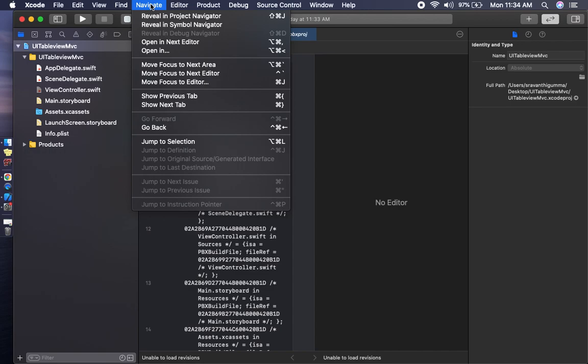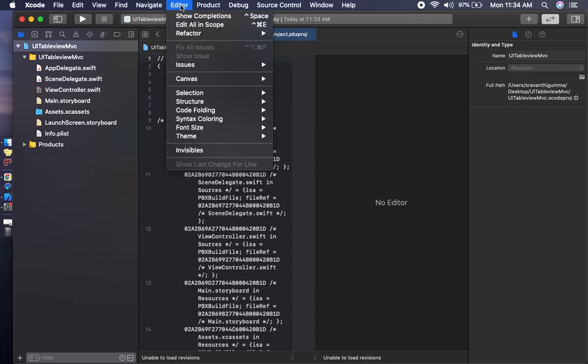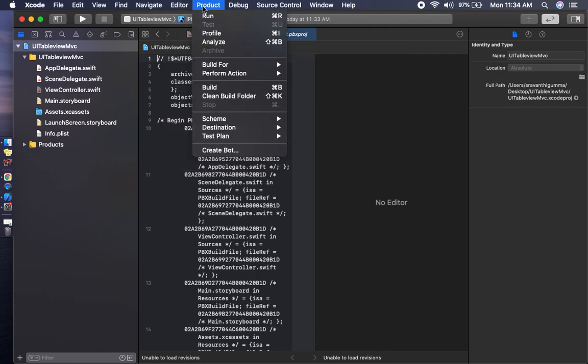Navigator is like a project outline. Editor shows the code folding, syntax coloring and font size, everything. Product shows run, profile, analyze and build for performance, and clean build folder, scheme, destination, test plan and so on.